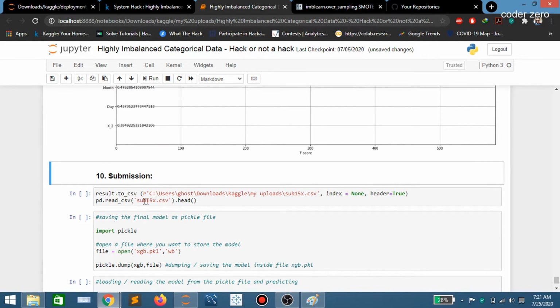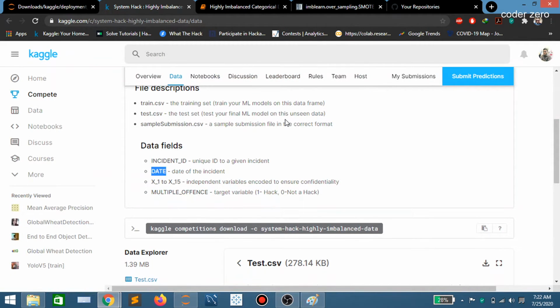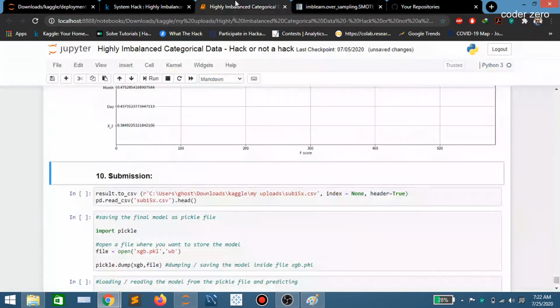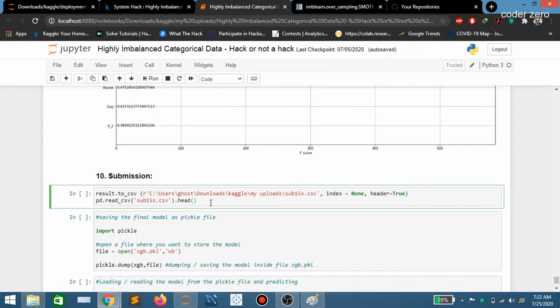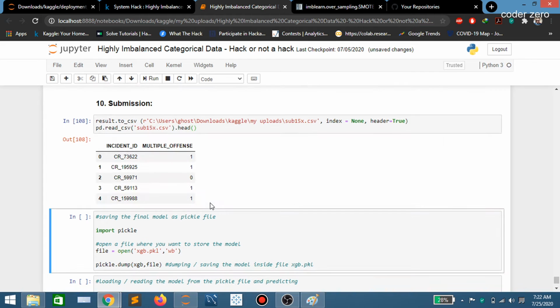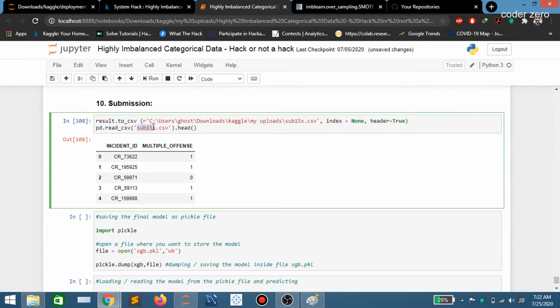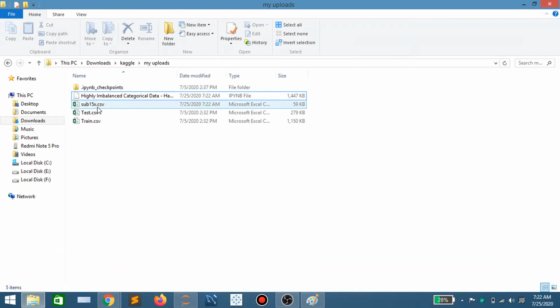Here we are saving our result file to a submission file so that we can upload that file directly to our Kaggle competition. So let's create our submission file now. After that, we have created a submission file named sub15x. So guys, if you see here, this is our submission file.